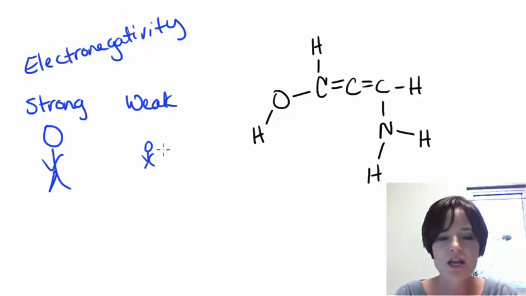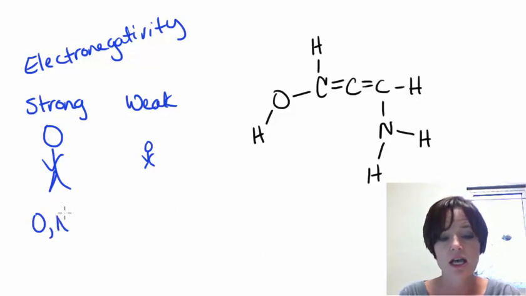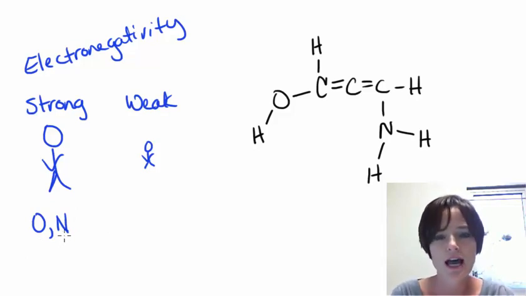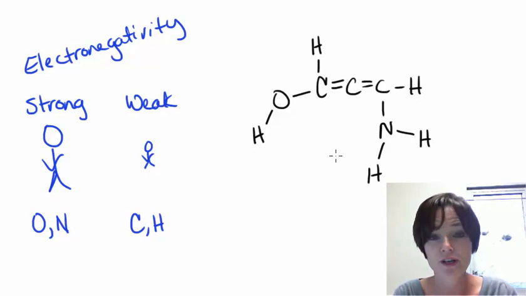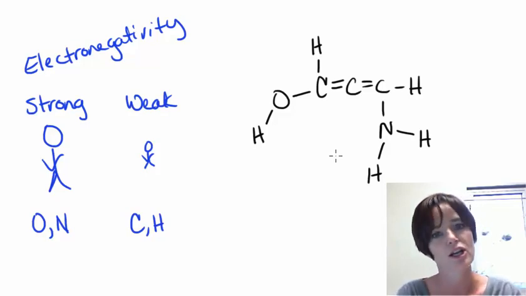a tug of war. So if we give examples of the atoms that we're going to be looking at that are going to be very strong, our big strong ones that we're going to see a whole lot this semester are oxygen and nitrogen. So anytime you see those two, we want to think of them as very strong, kind of muscular atoms. They're going to be pulling on the electrons with a lot of strength. And then our weak ones are going to be carbon and hydrogen. So they won't be able to pull very hard at all. So they're going to lose if they're in a tug of war with a really strong guy like oxygen and